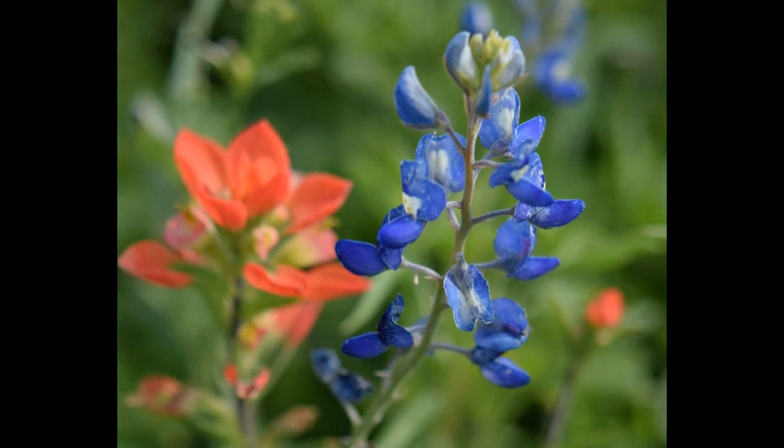Texas wildflowers, 9 points. This image is a typical bluebonnet photo that I've seen many times. The challenge with bluebonnets is the depth of field and getting more of the flower in focus. And actually, the little bluebonnet petals are sort of not very attractive because they always look a little bit eaten up. For me, it's always better to get a field of bluebonnets and capture that instead of the